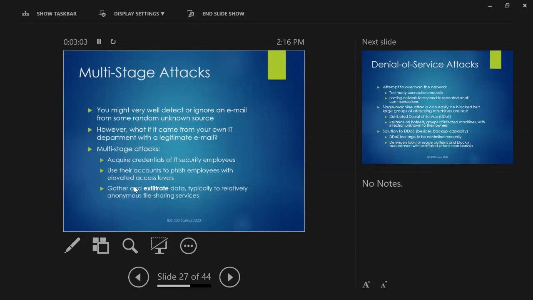They'd check in at like 4 in the morning when there wasn't much going on, download great big batches of data, and send them to file sharing services that would echo it to other file sharing services, again and again, until it was virtually untraceable. Everybody figures it's North Korea, but it hasn't been conclusively proven beyond all doubt. Anyway, that's the way a multi-stage attack would typically happen.